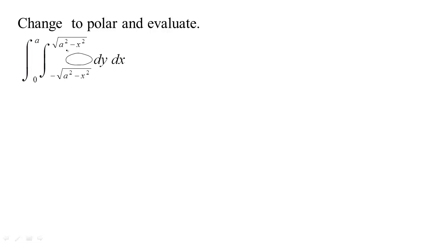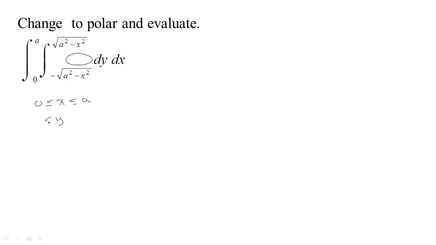So it may not actually be that the integrand is difficult. It may be that the bounds make this problem difficult. In that case, there might be a transformation where the bounds of the region would be simpler. We just have to remember to include our Jacobian because that will help us to convert so that we have the correct area. If we look at this region, we're saying that x is between 0 and some number a,